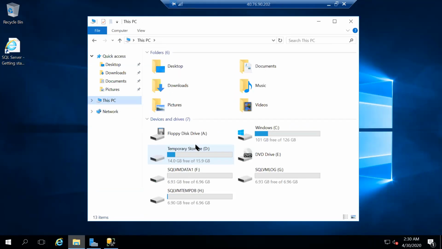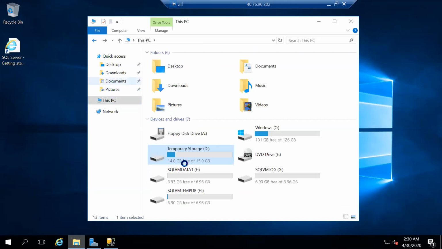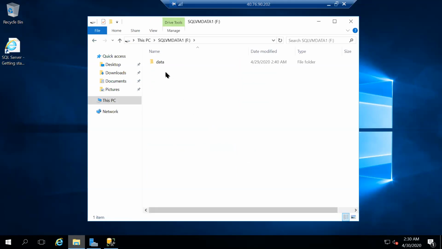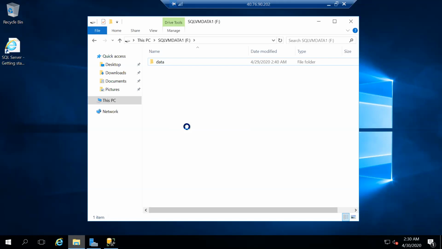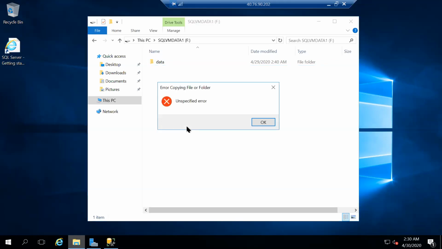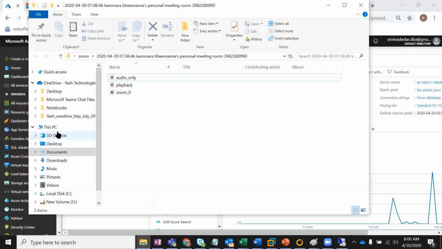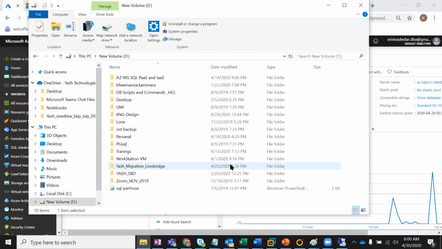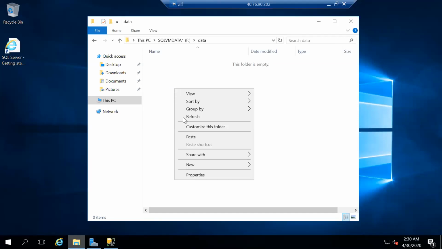Always you have to take your blob storage, and from there download or restore it, whatever you are able to do. This is a simple file. So server to server it is not going to accept. Probably need to create a subfolder and then copy. Yeah, just create a subfolder and then copy. It should work.